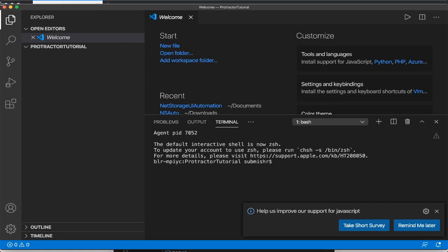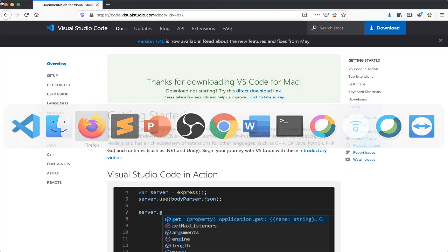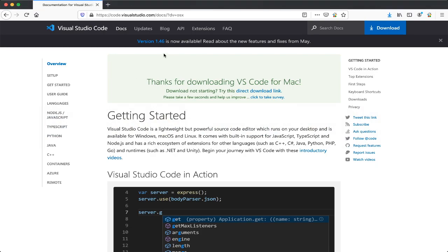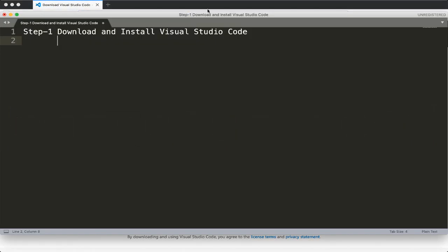This is the first screen when you open the Visual Studio Code. Before that, I'll just give you some points. Here is the link from where you will download the Visual Studio Code.